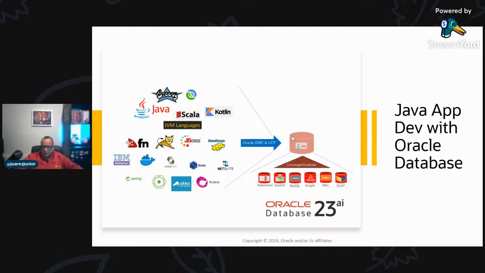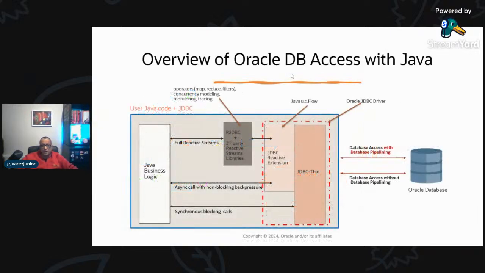With a single database, you get pretty much everything that you might need in terms of requirements. And you can see the famous Java logos here, including the JVM-friendly languages like Java, Scala, Kotlin, Groovy, and the old and classic Java application servers, WebSphere, WebLogic, and also reactive. You can see Hibernate as the de facto object relational mapping library for Java, Spring, and so on. And in terms of connectivity, you can see there are so many options here for you to connect to the